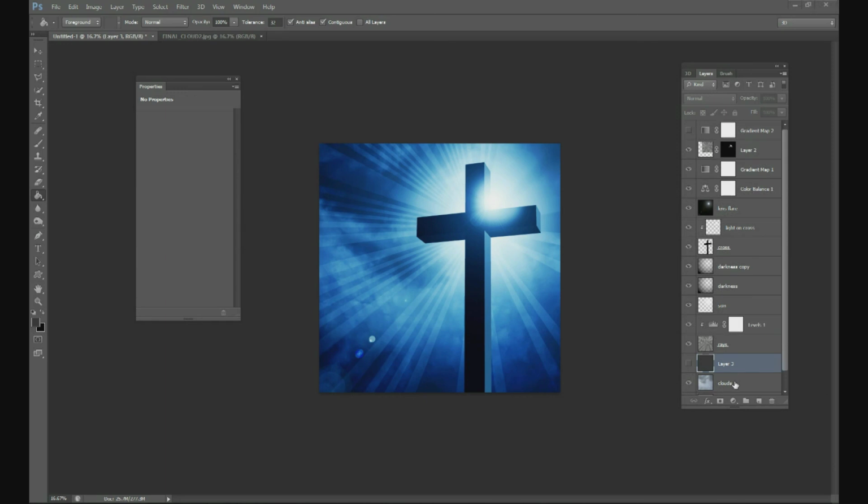Thank you for joining us at ChristianPhotoshops.com. Today we're going to be doing a quick tutorial on how to create this image right here. We're going to create this pretty much from scratch. You'll be learning how to make the sun ray